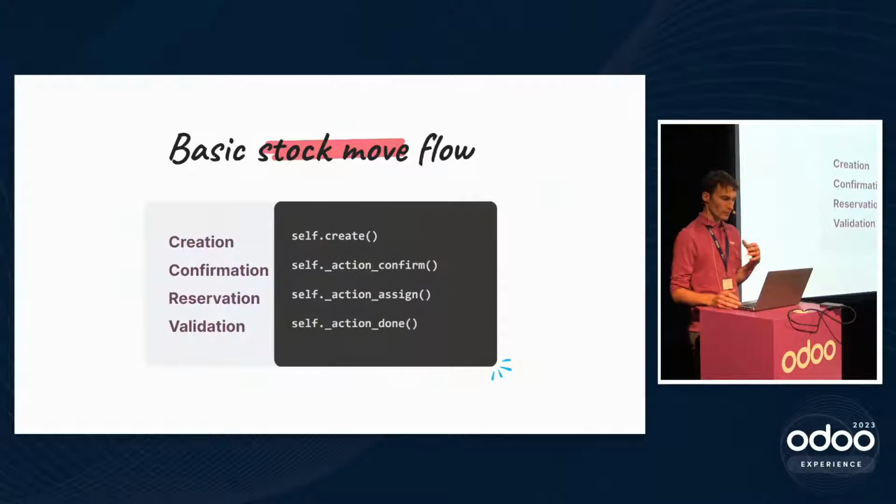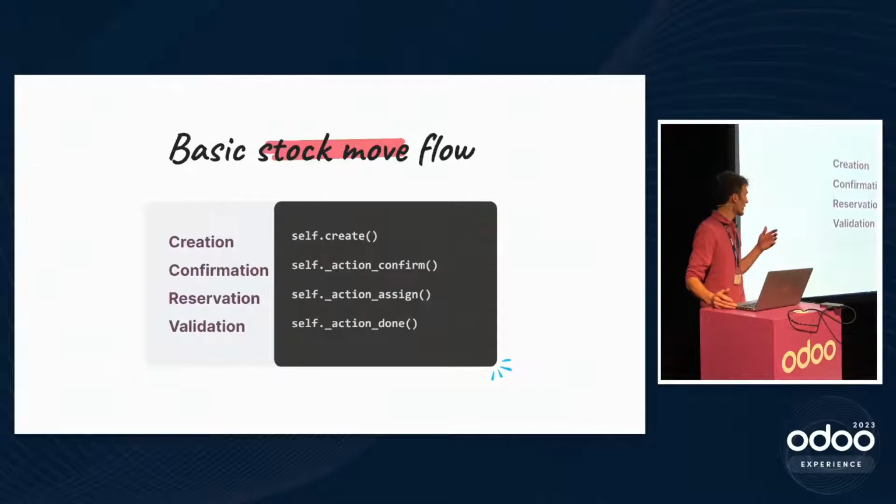Okay. Now that we have presented the main objects, let's see the basic flow for a stock move. So first, of course, we create it. Then the first action that we usually call is the confirmation, with action confirm in the code. What it does is change the state from draft to confirmed, and it marks the move as ready to be